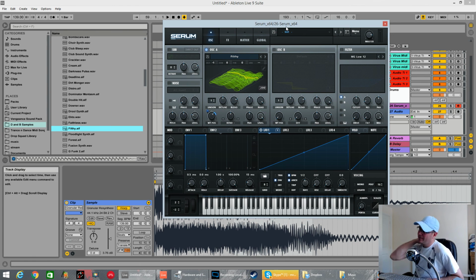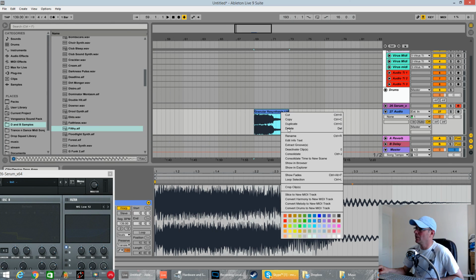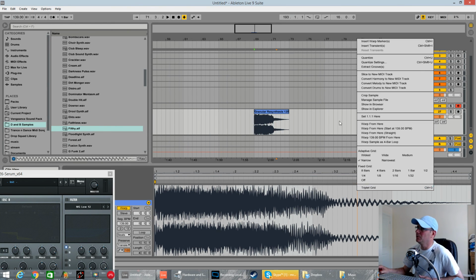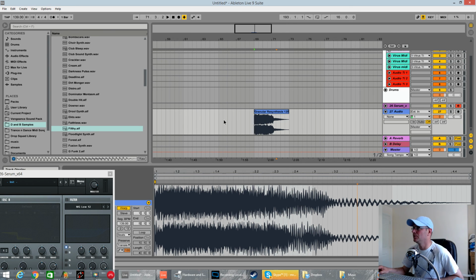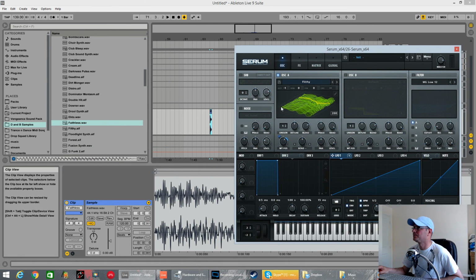Very, very easy. If you're going to use samples that are inside your Ableton project, make sure you right-click, consolidate. Once it's consolidated, right-click in the window at the bottom and crop sample. If you don't, you're going to struggle getting it in there. I'll just show you an example. If we drag this Faithless one in,